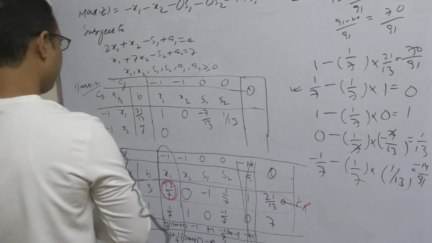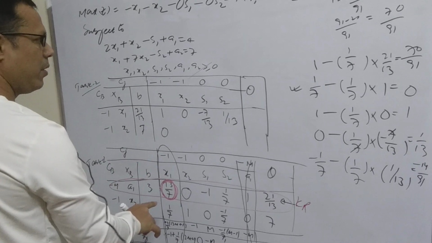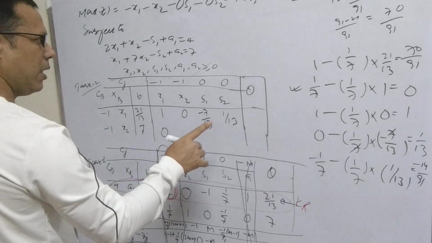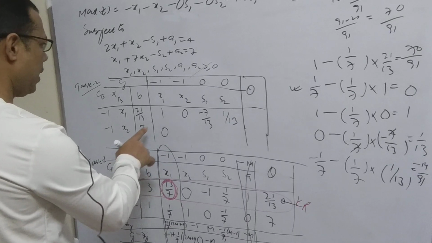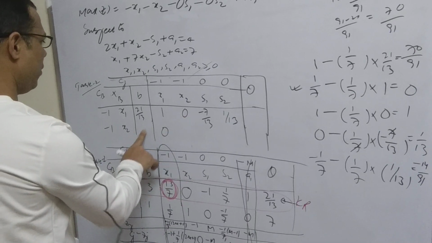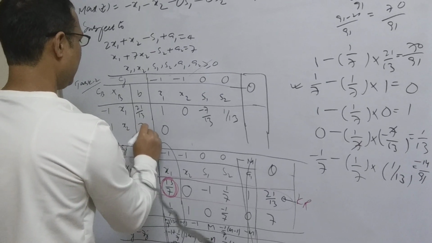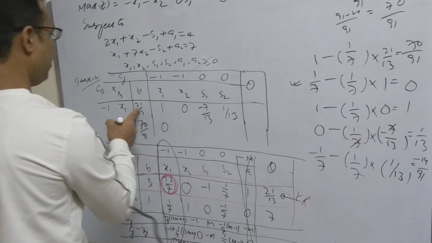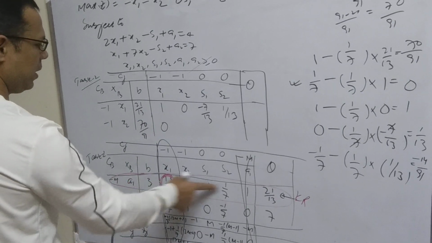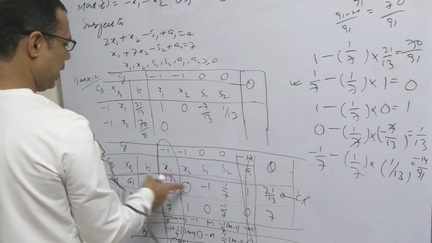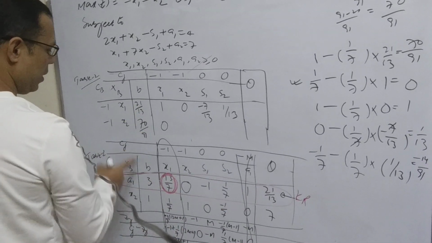Now from B itself we are going to make the changes from this table to this table. From B, now we are going to start. This one I have already divided. Here we are going to make the changes, 70 by 91, because here we cannot change just by mistake. I have divided. Here we need to divide, because this is the key row, and only under the key row can we make the changes. By mistake I divided here, so now I am going to change whatever the values.